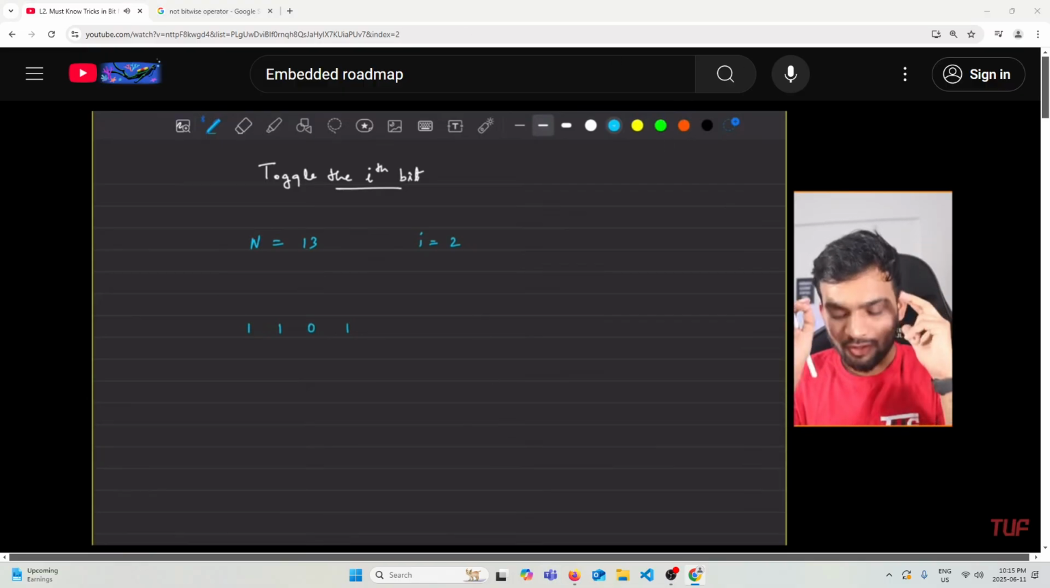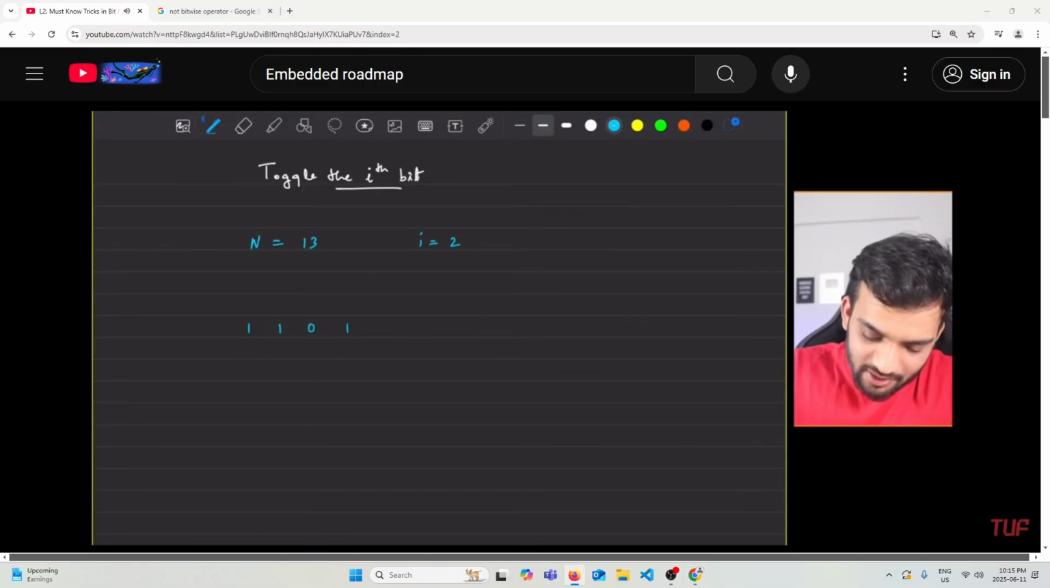After that, you try to think, okay, this is the bit that I'm looking forward to change. If I'm able to put a 1 underneath it, again it's very simple, you know how to do it. 1 left shift of I. If I do this, I will be able to put a 1 underneath, okay, and all the other things are 0. Now can I say if I do a XOR,